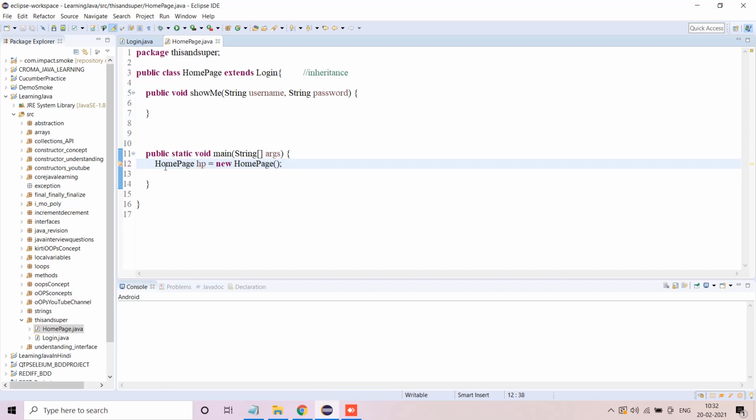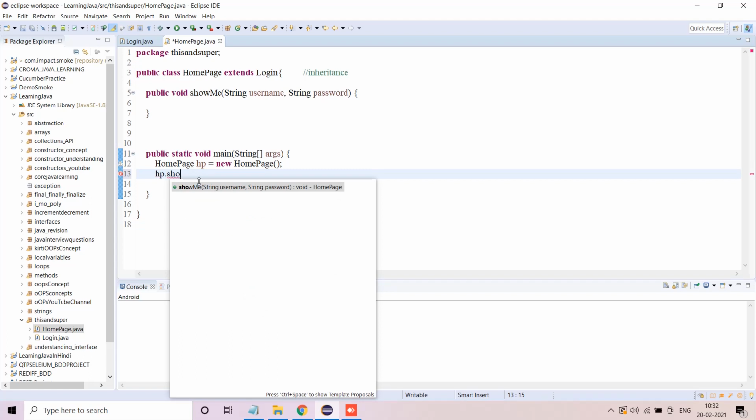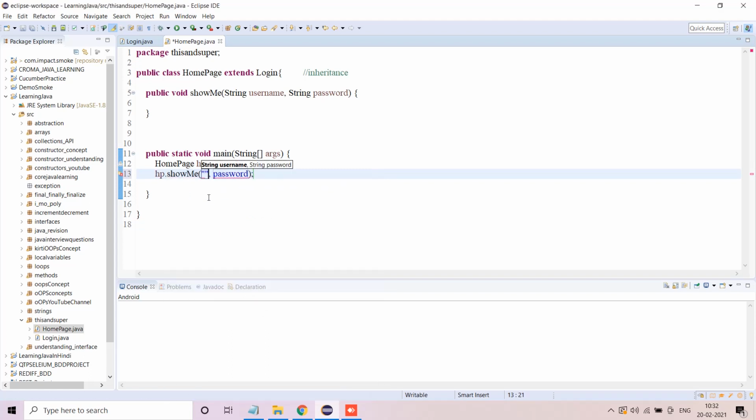So now what I'm going to do is I'm going to call this method show, and here I will pass something like automation hub, and I'll make the password as, let's say, Java@123. So I have passed the parameters here.